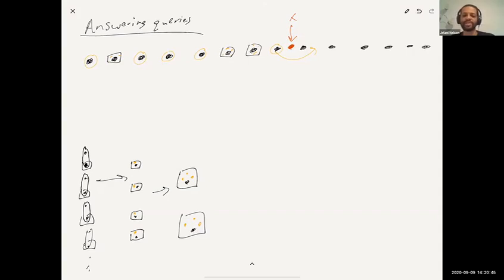imagine all these black dots are the stream. And then whenever there are some compactions, there's some mergings happening into these boxes, and there's some error that could be introduced because someone who was on the left side of X might have gotten merged onto the right side, or someone who was on the right side might have gotten merged into someone on the left side, and that introduces error. Does that make sense? So to answer a query,